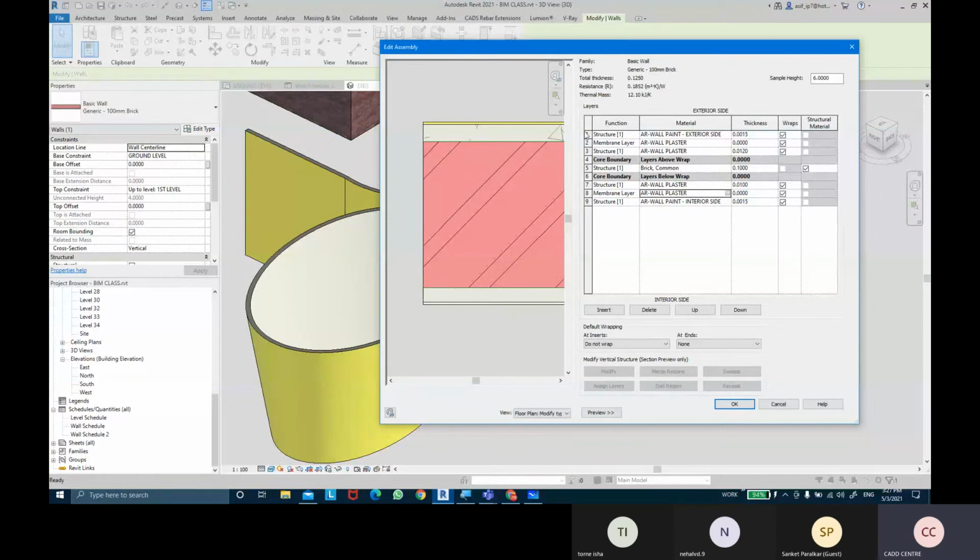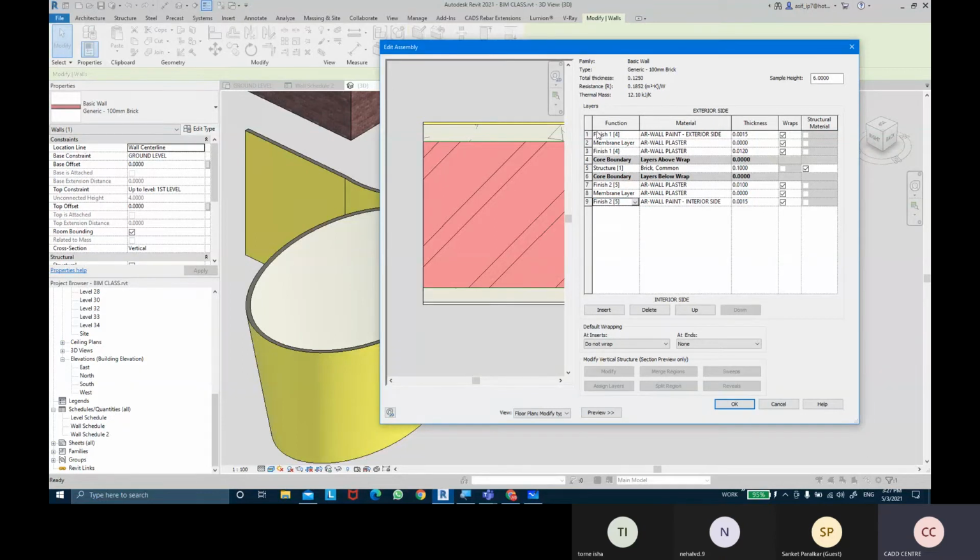Similarly, this is my exterior side wall paint, so the function would be finish 1, and this is my exterior side plaster, so the function would be finish 1. Then this is my interior side plaster, so the feature will be finish 2, and this is the interior side wall paint, it will go into finish 2.